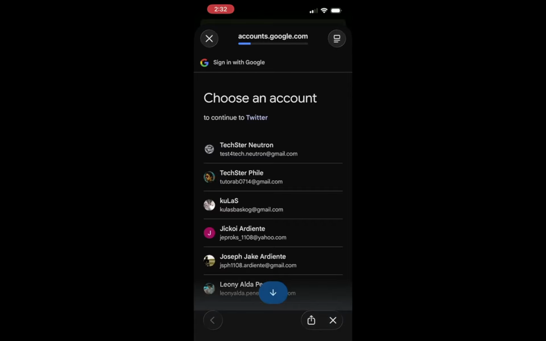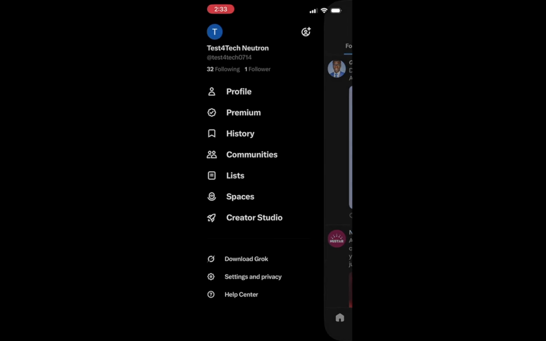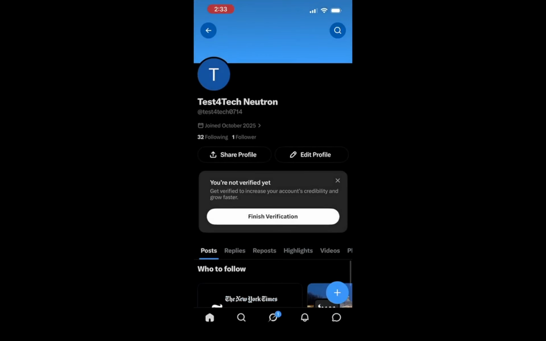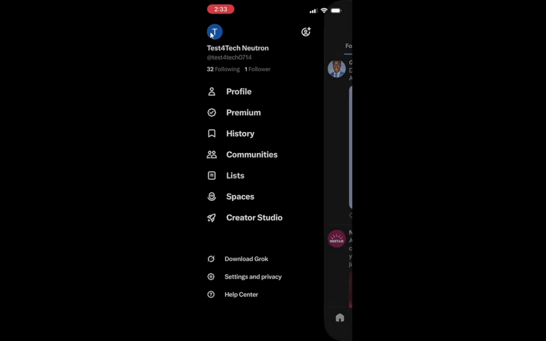Once you are signed in, look for your profile icon. On the mobile app, this is typically located at the bottom of the screen, represented by a small icon of a person or a silhouette. If you are on the web version, you may find it in the upper left corner. Tapping or clicking on your profile icon will take you to your profile page. This is important because your profile page displays all the essential details about your account. It's where you can see your posts, followers, and the information you need to find your username.